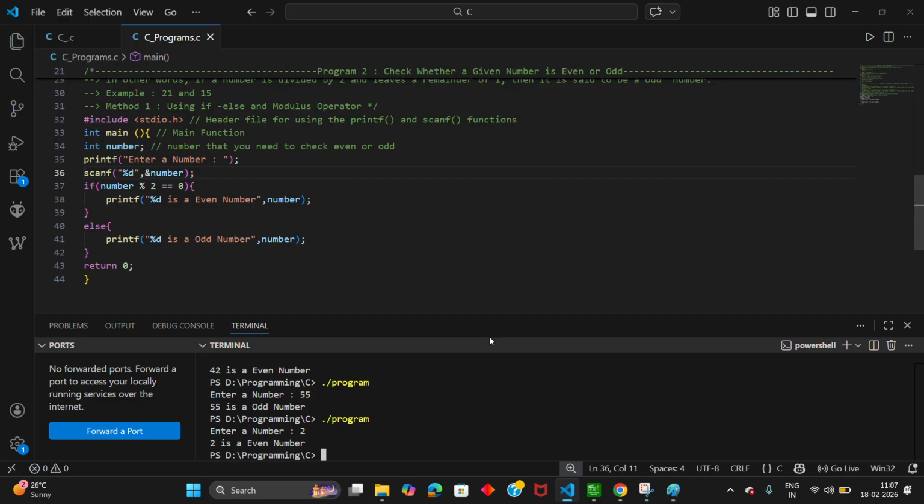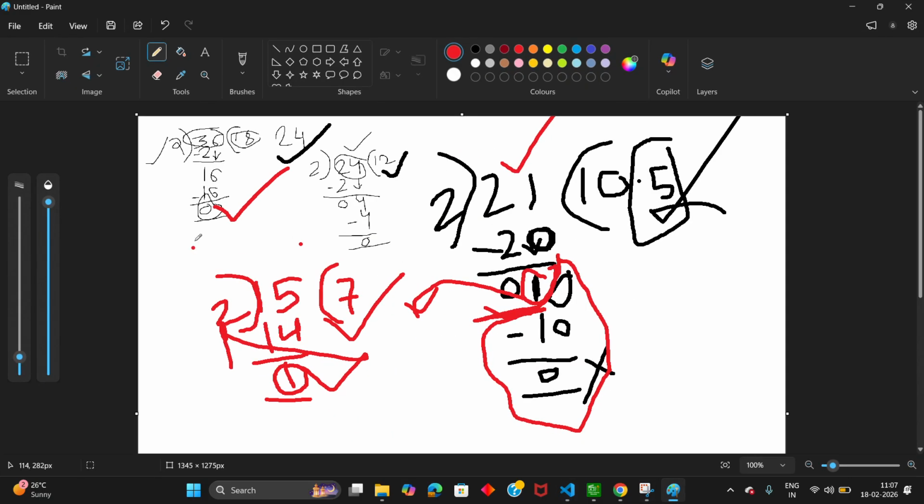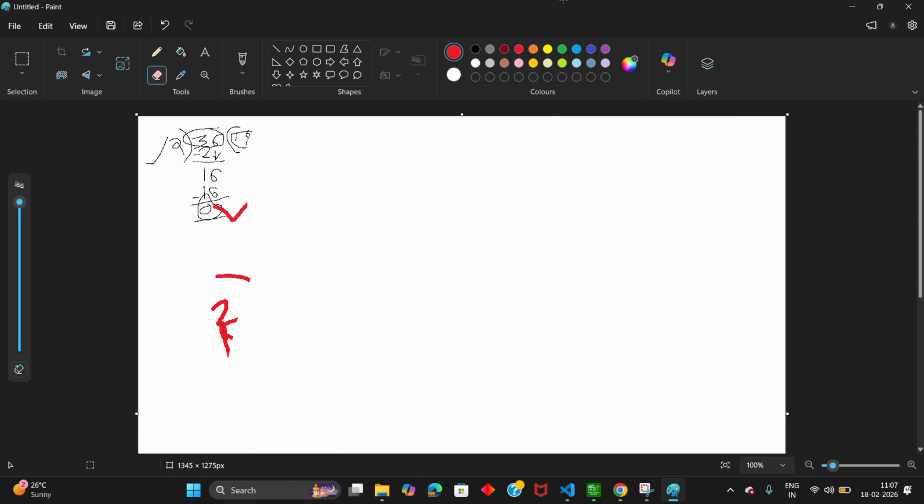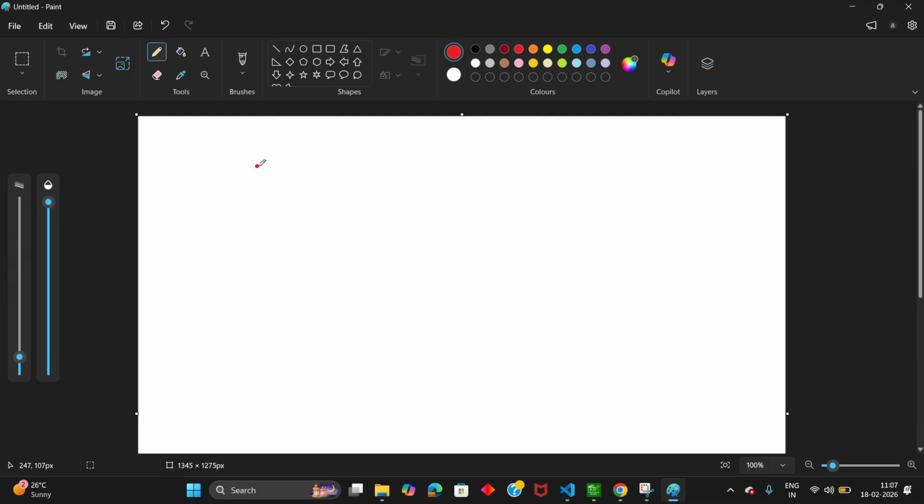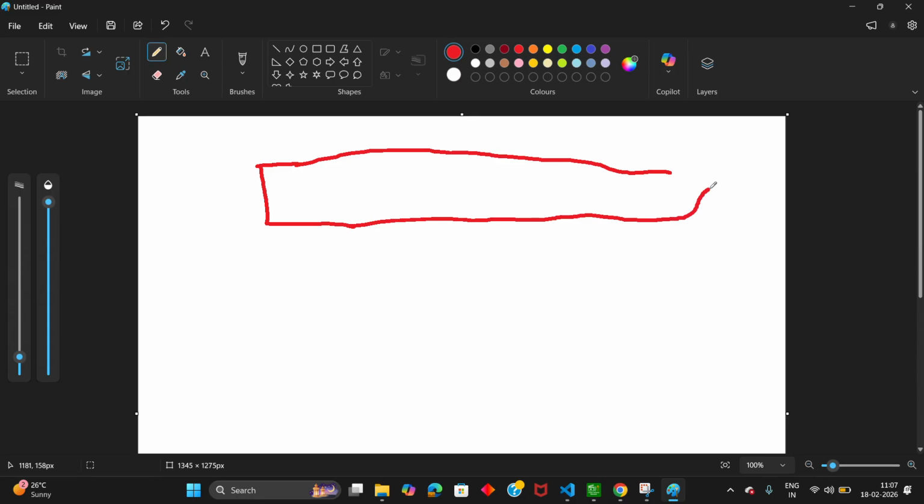So let me discuss that point again. Just a second, let me erase everything. For example, see, this is a memory. Our int is 32-bit, right? By default int is 32-bit in size. Don't worry, I am going to discuss that. There will be a memory location like this, and in that memory location our value is, for example, 1.